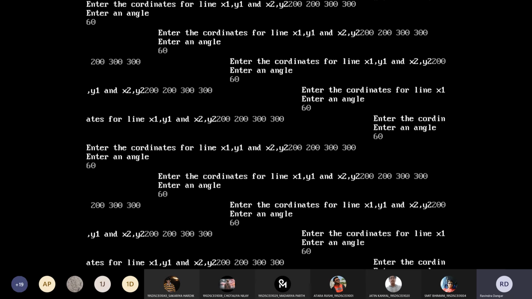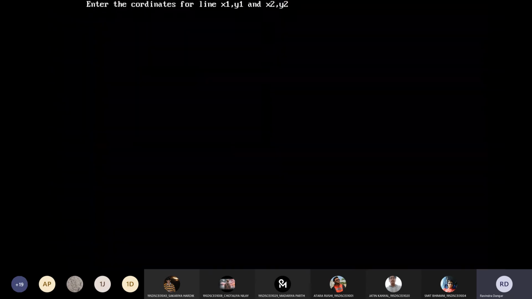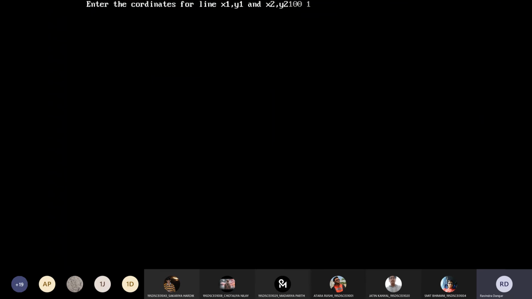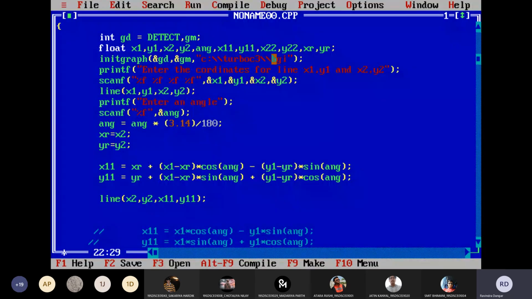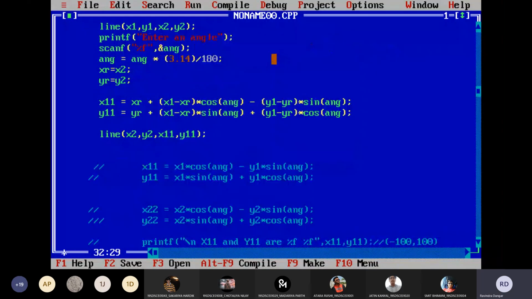And you can go with any horizontal line as well. Let me display horizontal line 100, 100, then 200, 100, and now let me give an angle which is 30, and you can see in between both the lines the angle is 30. Yes, are you getting this? Yes, sir. So in today's session we have implemented both the things. We have implemented rotation with respect to origin as well as rotation with respect to reference point.